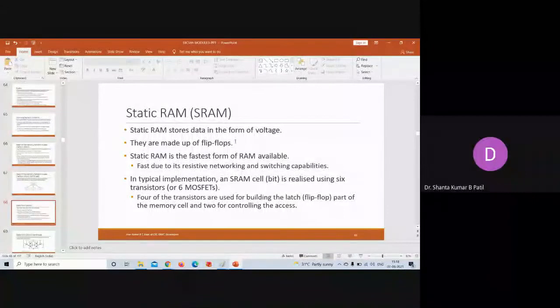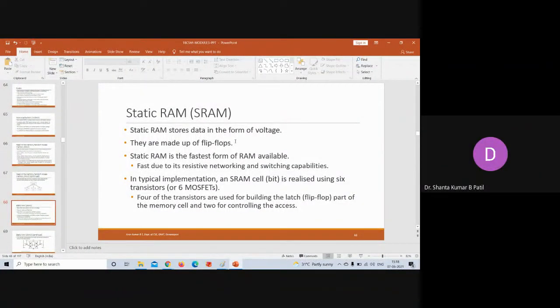The static RAM. Why is it called a static RAM? In the case of static RAM, these RAMs are volatile. The meaning of volatile is that until and unless the power is there, data will be available in the memory. Once the power is removed from the system, the data is removed from the memory. Such a memory we call the static RAM.